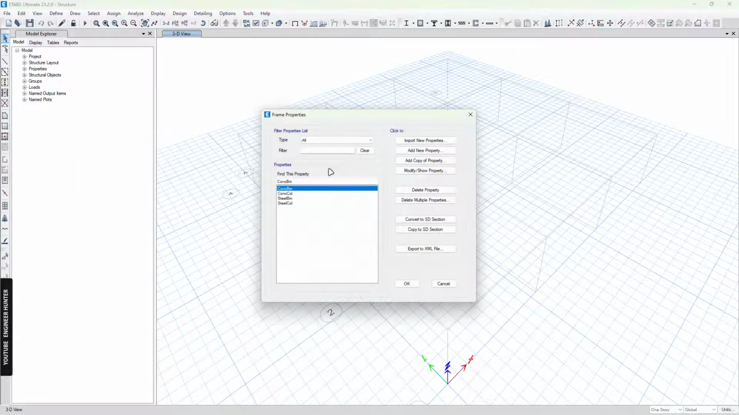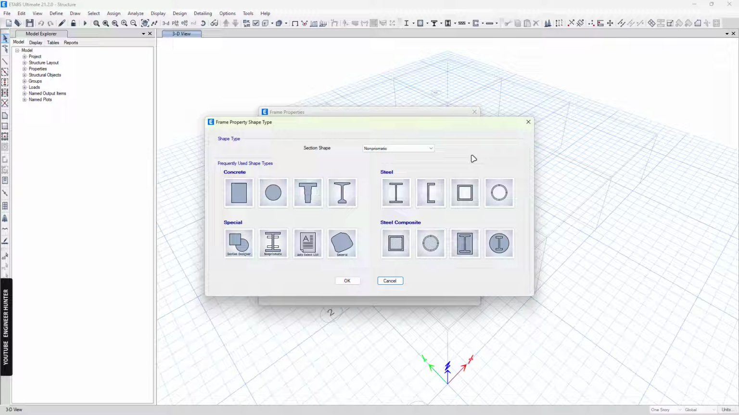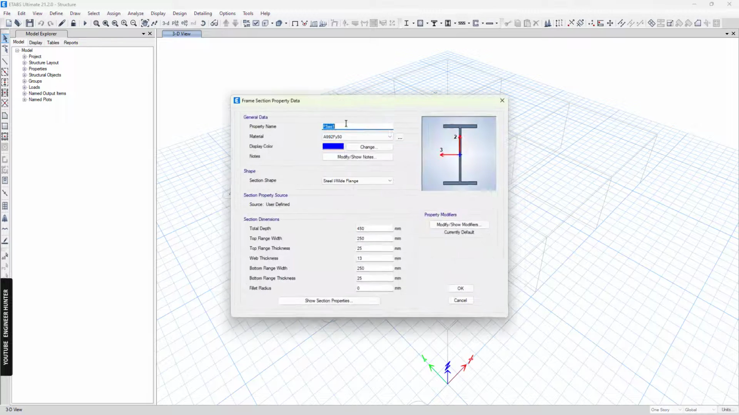First, we need to create the start section and the end section of the beam. So I will add a new section, and in this video I will talk about the I-shaped section, the rectangular shape beam, and the rectangular shape column. So for the first one, I will create the I-shaped section, and I will call this beam 1